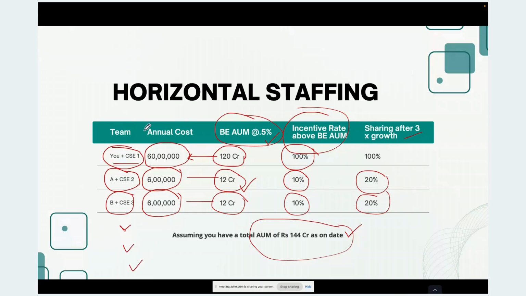They are not the salesmen. They are the people sitting in your office, just being mapped with the customers so that they fulfill all the regular duties, and because of that, the AUM grows, like doing annual reviews, which is very important.